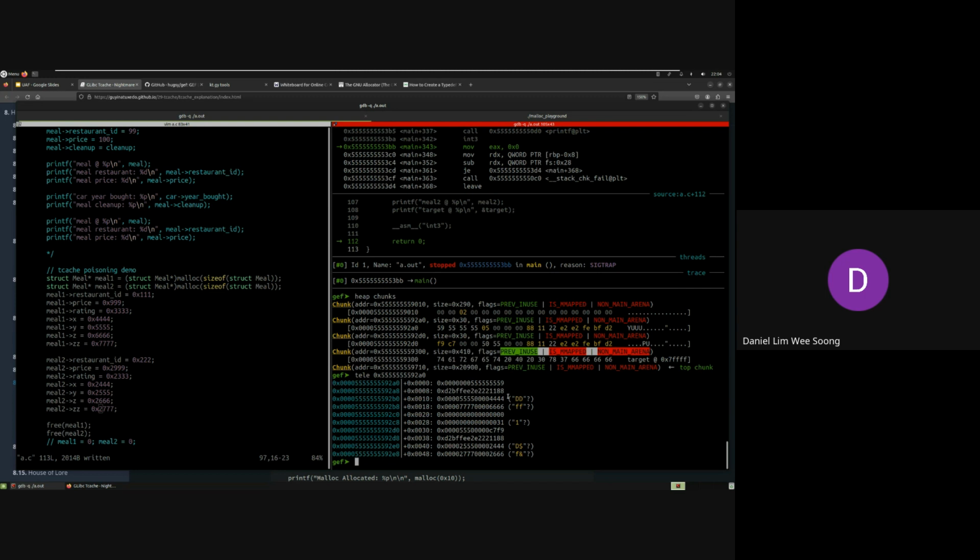And this one, one of them should be the next chunk. Oh yeah, okay, there's another problem, but we talk about that later. So this should be, because we free meal 1 and then free meal 2, so this meal 2 should be the,